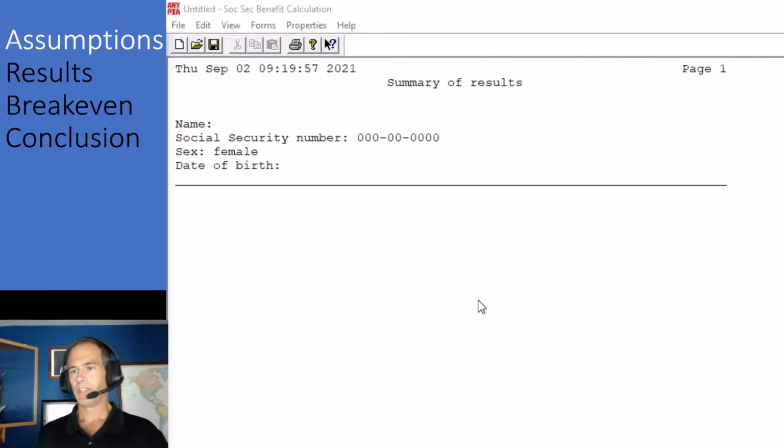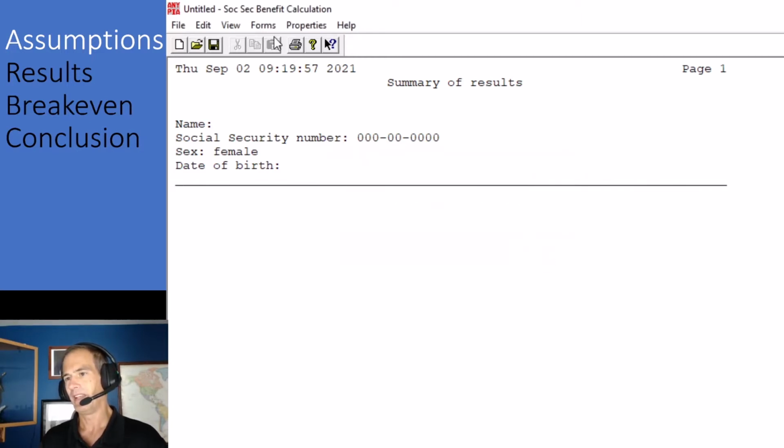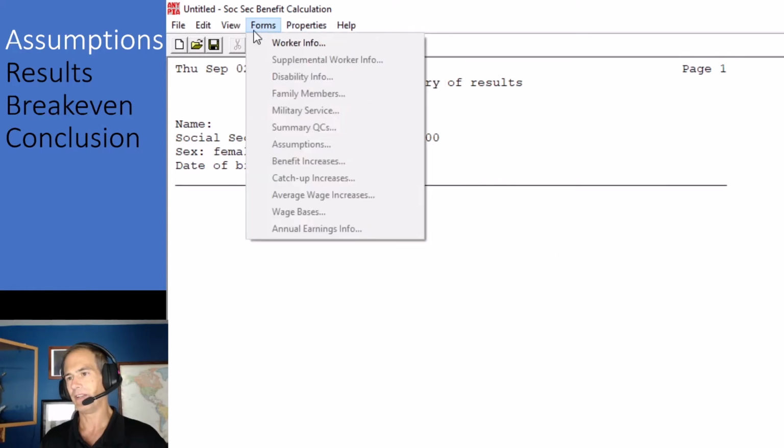To start using the program, we need to fill in some forms in order for it to have some information to calculate. Right now there's no information, and if you try to calculate without all the information you need, it will keep prompting you for the missing information. It starts with the worker's month of birth, and we enter all that stuff under these forms. So you start with worker info,